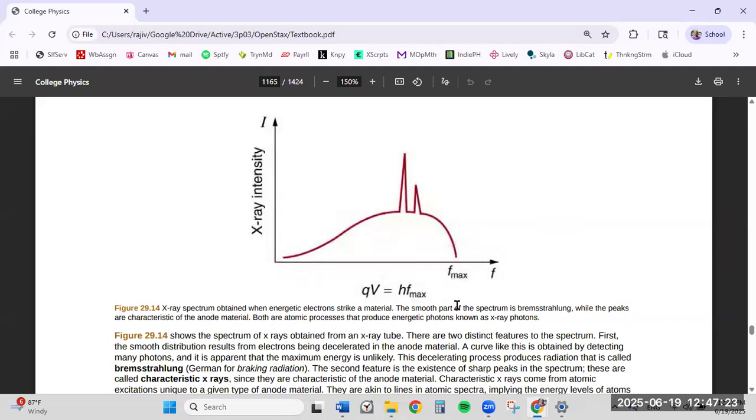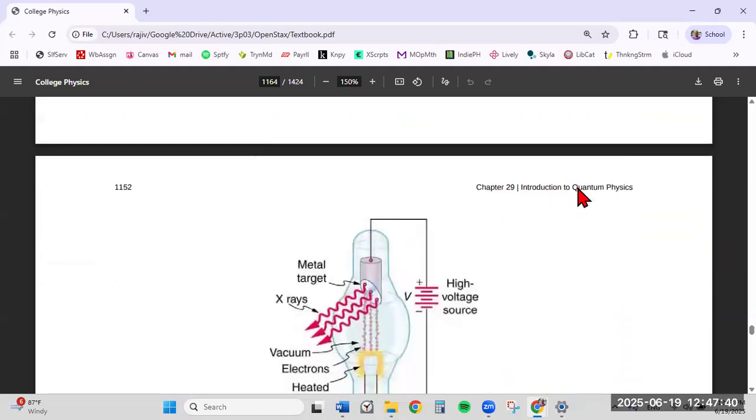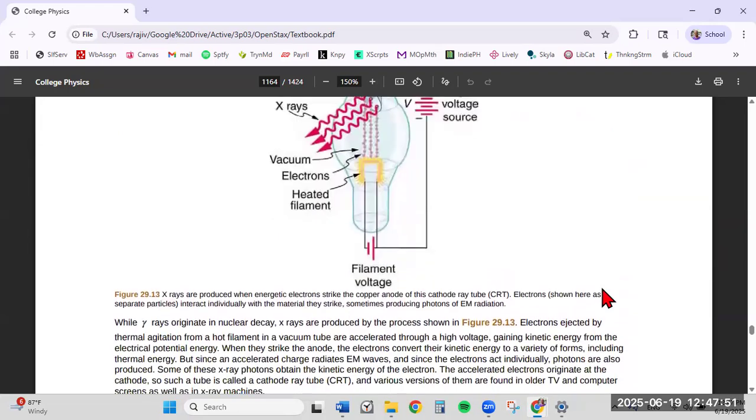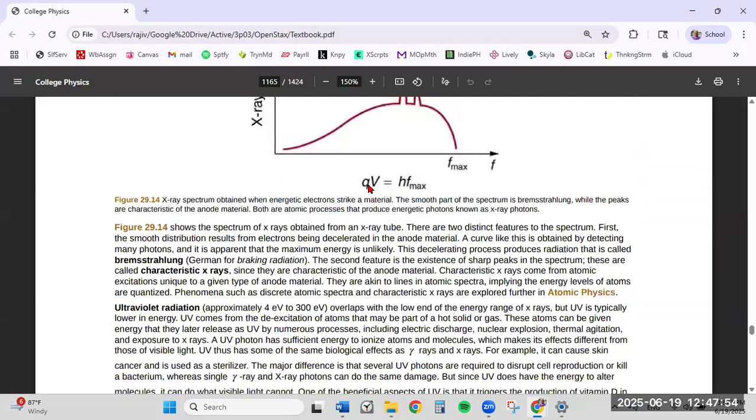What is the maximum kinetic energy you can have? If Q is the charge of the electrons and V is the potential difference across the X-ray tube, then QV is the energy that these electrons will acquire as they traverse along the length of the tube. So if the potential difference here is V, charge of the electrons is Q, then as they are accelerated from the bottom here to the top here, the energy they will acquire in that process is QV, and that's what's going to give you the highest energy photons, whose energy would be h f max.